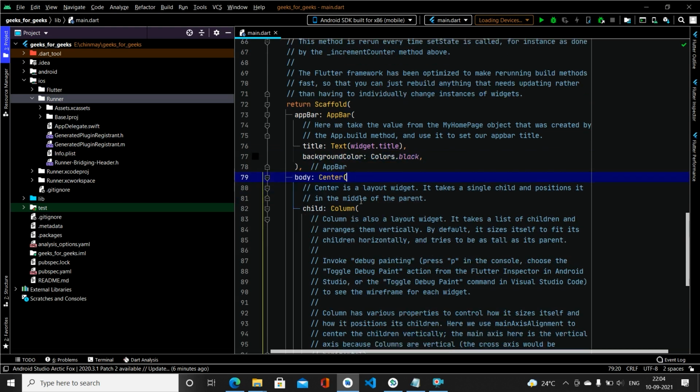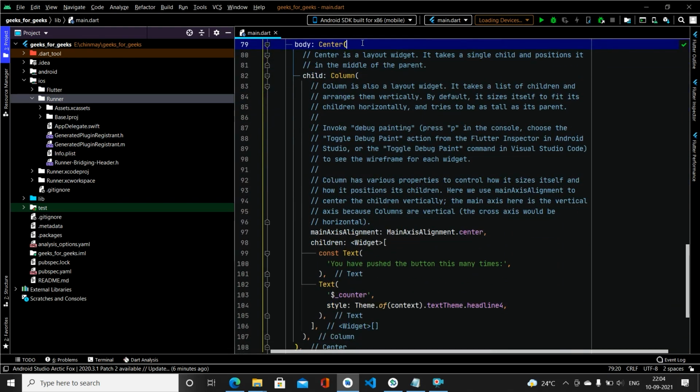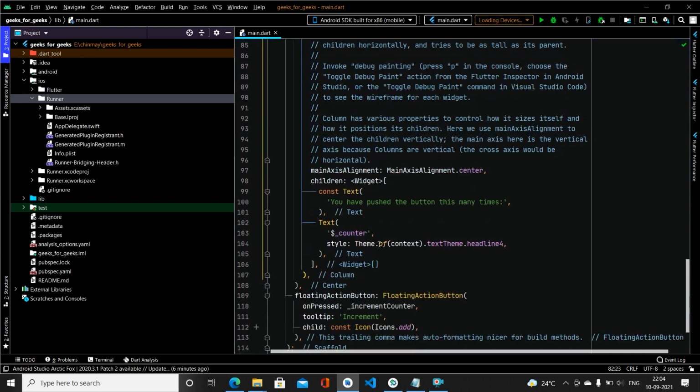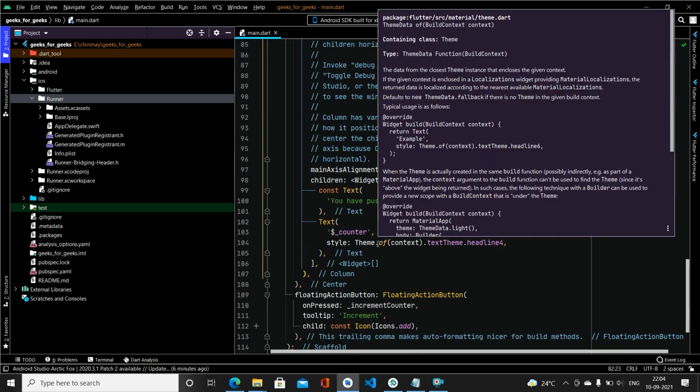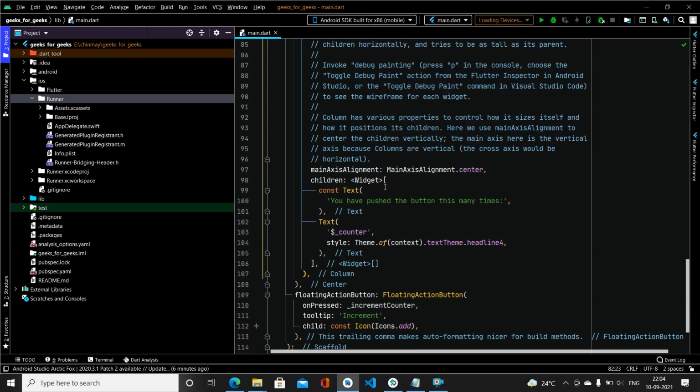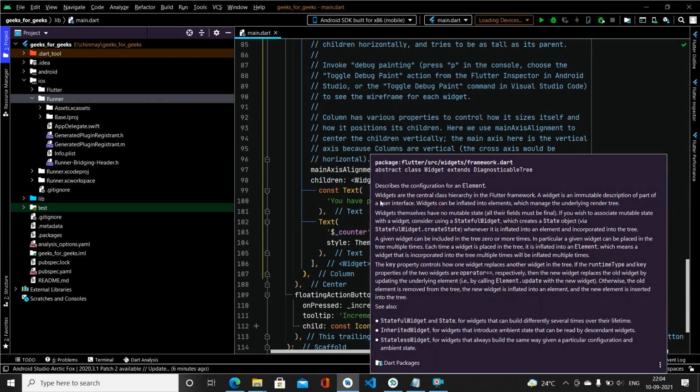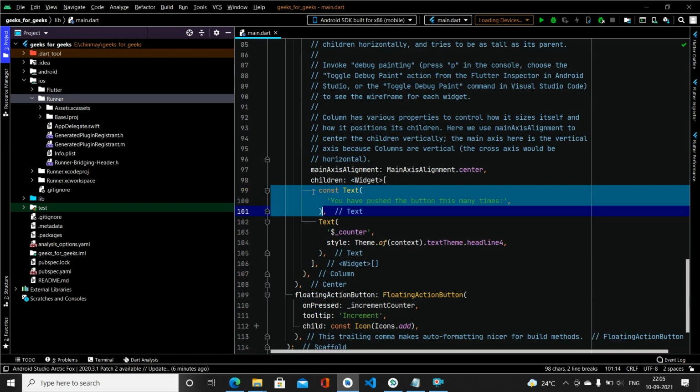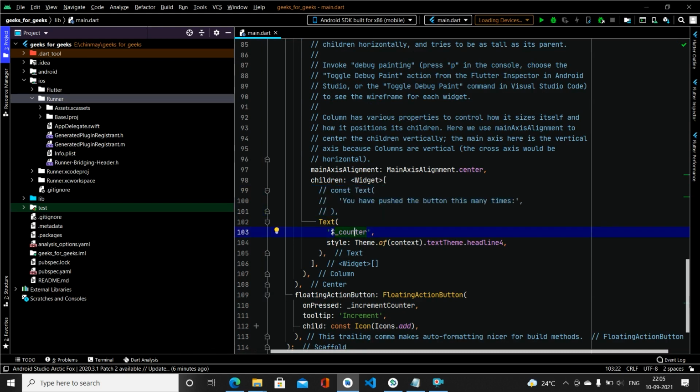After that we will go to our column section, that is column child, and inside this we will go to this children widget, and inside this we will remove this first text view which we are not requiring, so we'll simply comment it, and instead of counter we will add the text as Welcome to Geeks for Geeks.